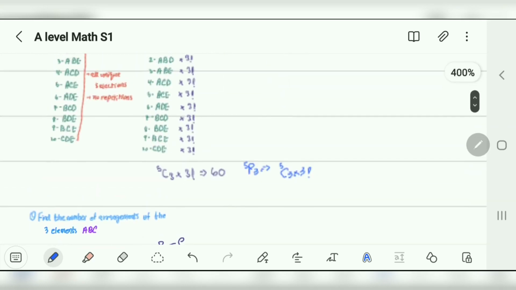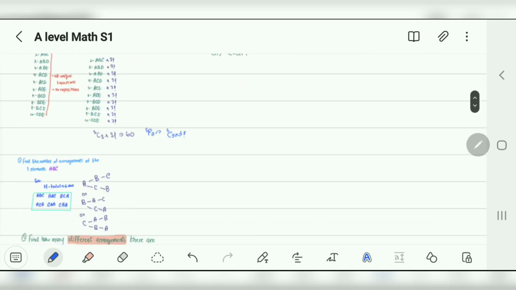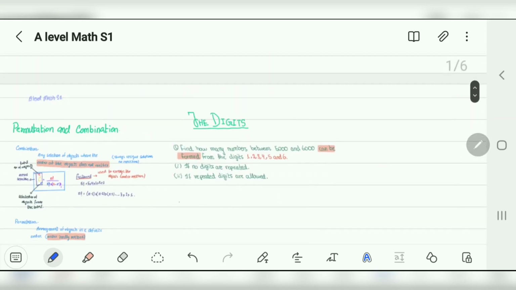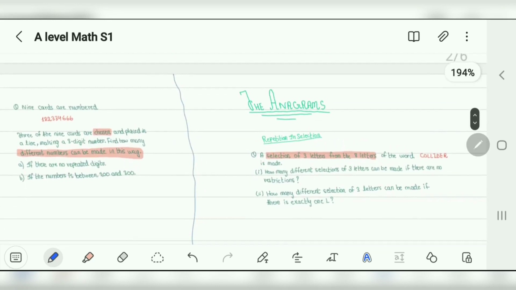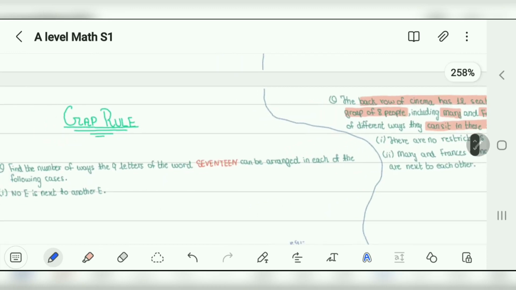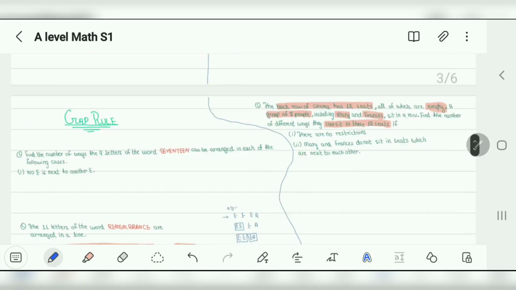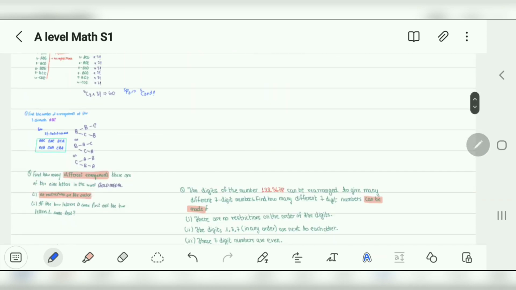So these two were the examples to help you understand combination and permutation, and now we need to go through all of these questions. There are 3 kinds of question. The first one is digits. We are dealing with numbers, playing with them, and it has a whole new section of digits. Then the anagrams, which means playing with letters, and then we have the gap rule. We'll go through this, don't worry. And then the people. So there are 4 categories of doing questions in permutation and combination. So let's start with